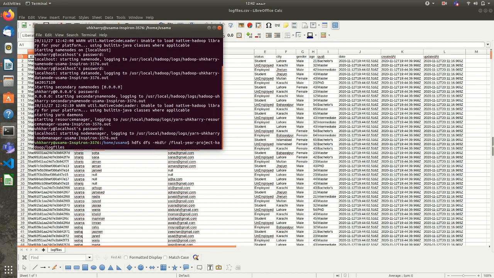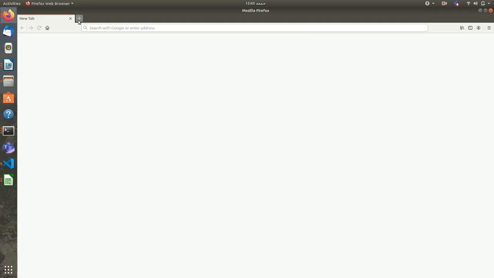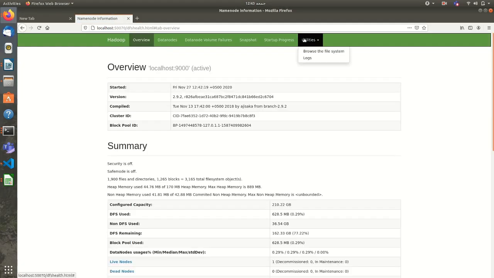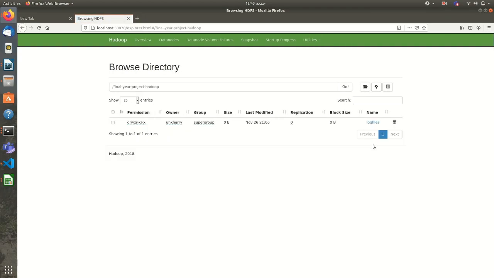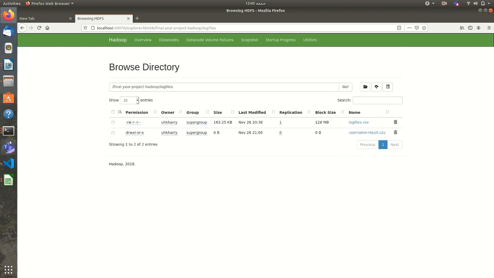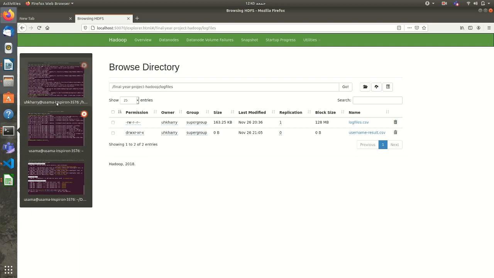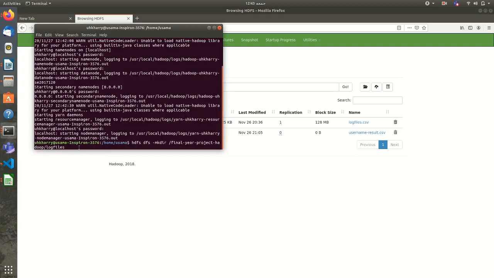Now with the help of HDFS commands we are moving our local data set into HDFS. With the help of this command, first we need to make a directory in HDFS with mkdir, and in HDFS you can open localhost 50070, and there you can see the log files folder. There is a data set which is sent by this command, hdfs dfs -mkdir, used to create a folder, and hdfs dfs -put is used to send data to the local host HDFS,